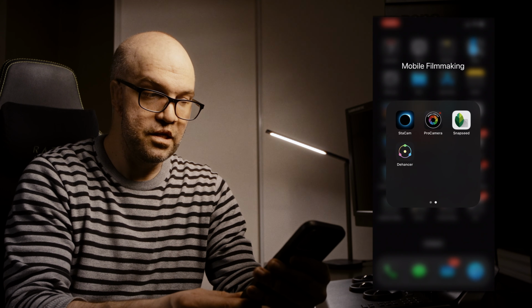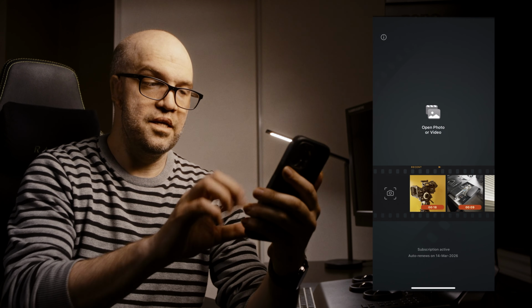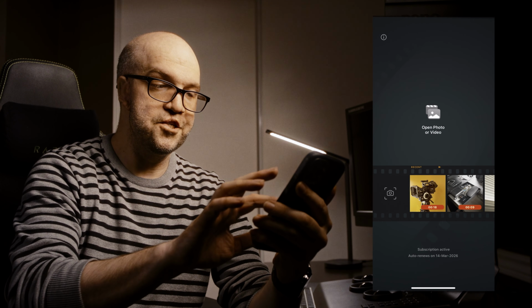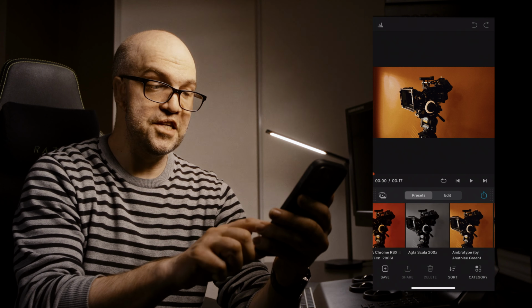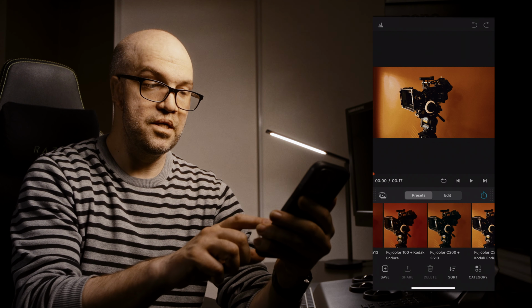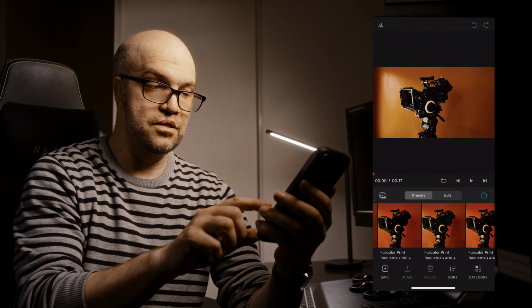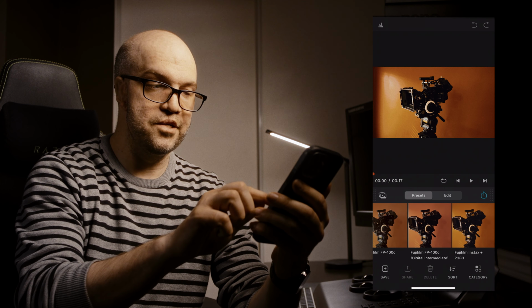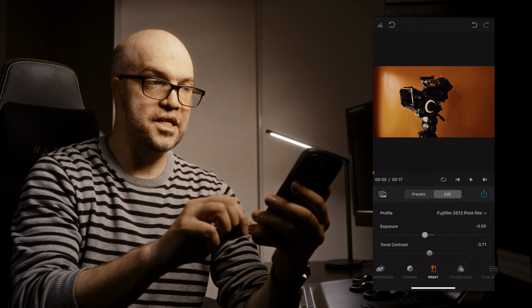Besides developing a fully comprehensive plugin for desktop, the folks at Dehancer have crammed all that functionality into an iOS app. Let's take it for a spin. I'm going to open it up right here and import a shot that I shot from Filmic Pro. When I open it up, you've got a whole bunch of presets that you could choose from, but I want to do a manual edit, so click that,